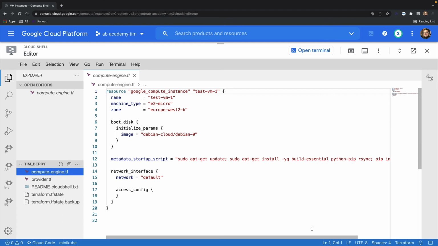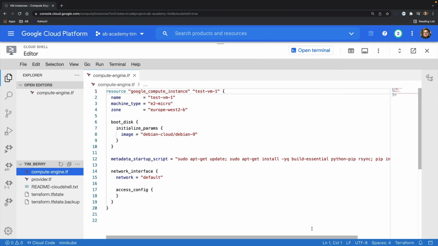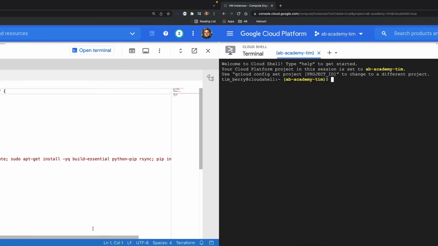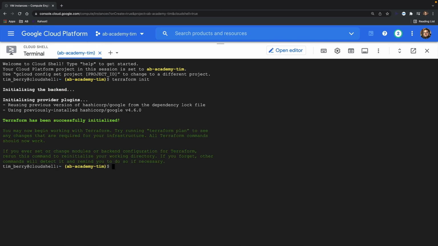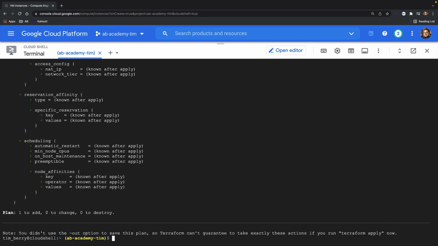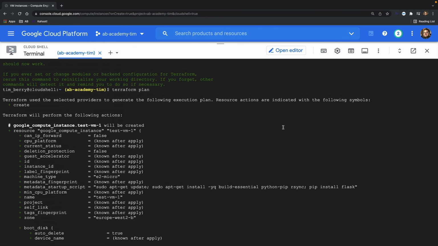The only other bit of config I need to have in here is the network interface. Including this empty access config section will trigger the default option to provide this VM with an external IP address. I'll first run Terraform init, and then Terraform plan to check what my configuration is going to deploy. And here I can see my test VM1 resource.